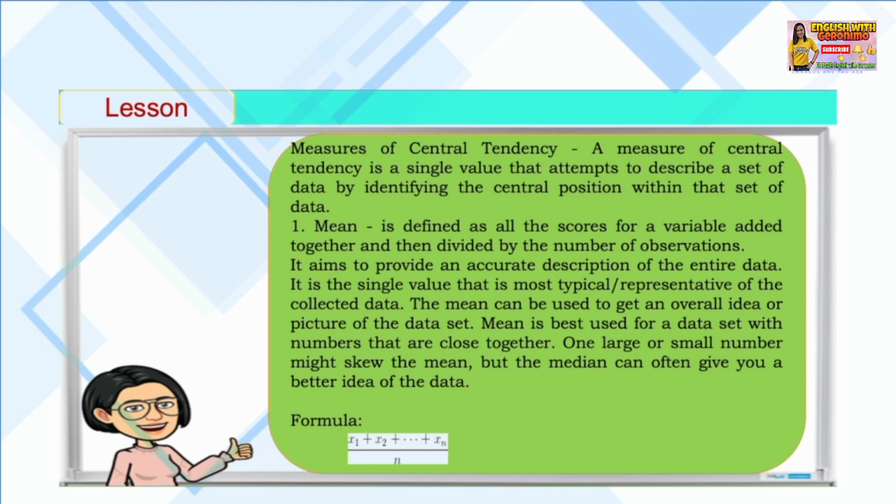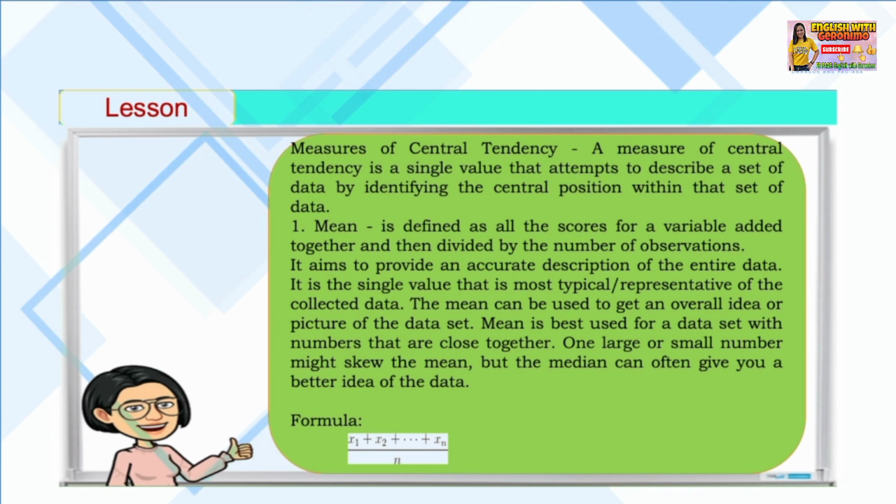Number 2, measures of central tendency. A measure of central tendency is a single value that attempts to describe a set of data by identifying the central position within the set of data. Number 1 is mean. It is defined as all the scores for a variable added together and then divided by